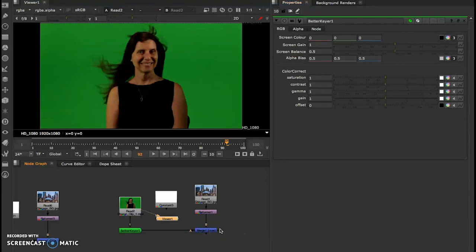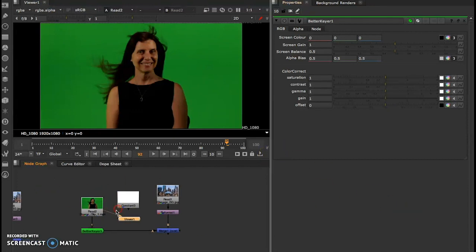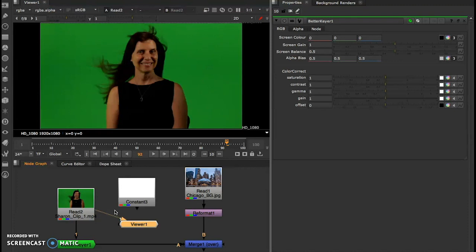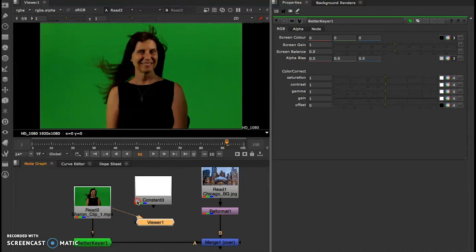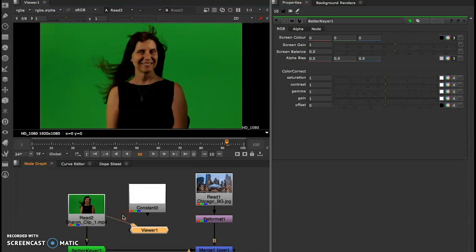Alright, so right now I'm going to be showing you how to use BetterKeyer, which is this keying gizmo that I have developed for Nuke. What's cool about this gizmo is it's going to allow you to get a better result with your green screen and your blue screen compositing, because it's actually going to allow you to manipulate your alpha and your RGB channels independently of one another. So I'm going to go ahead and walk you through the node so we can see